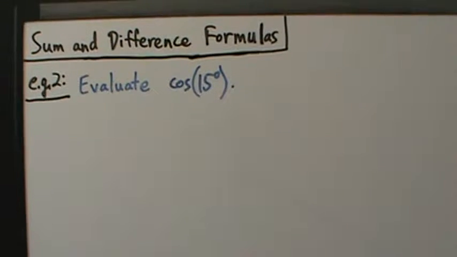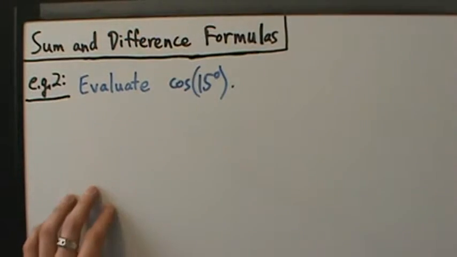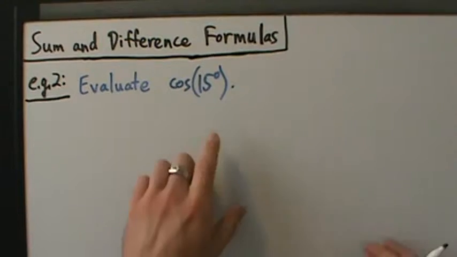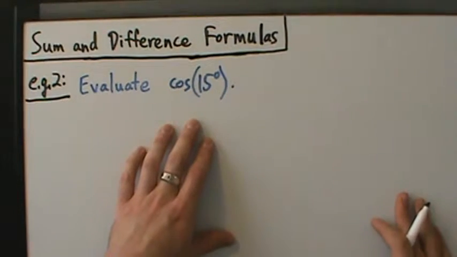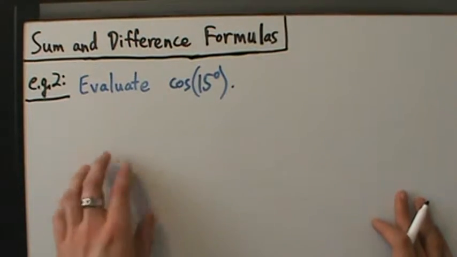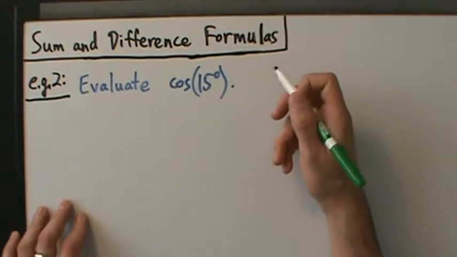Here's a second example of evaluating a trig expression using sum and difference formulas. So here we want to evaluate the cosine of 15 degrees, and since 15 degrees is smaller than all of our special angles, except for 0, but that's not really helpful, then what we want to do is express 15 degrees as a difference of two special angles on the unit circle. And there are other ways of doing this, but anyway,